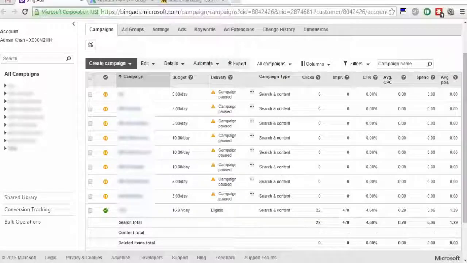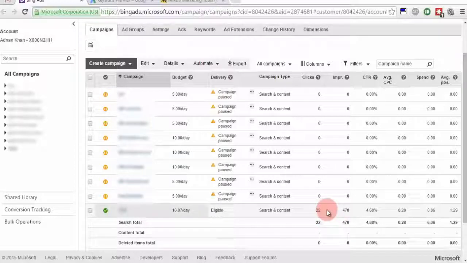That will allow you to get very good click-through rates and low CPCs. So if you're promoting something online, whether it be weight loss, whether it be an internet marketing opportunity, whatever it is you're trying to promote, maybe it's an offline business, this is going to be a very good video for you to watch. So here's an example campaign that I launched yesterday, and it had 22 clicks and 470 impressions,